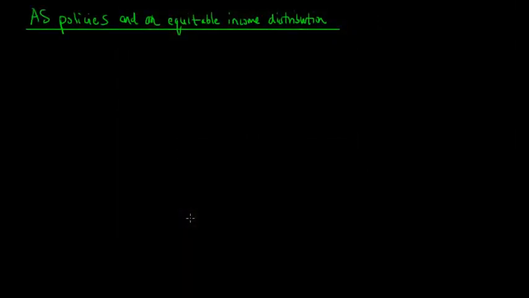Hey guys, in this video I want to look at how aggregate supply policies, as a broad general category, can help the achievement of an equitable distribution of income. Now, an equitable distribution of income doesn't mean that everyone has the same amount of income. That would conflict with efficiency, and aggregate supply policies tend to target efficiency. So what this goal of an equitable distribution of income suggests is that everyone